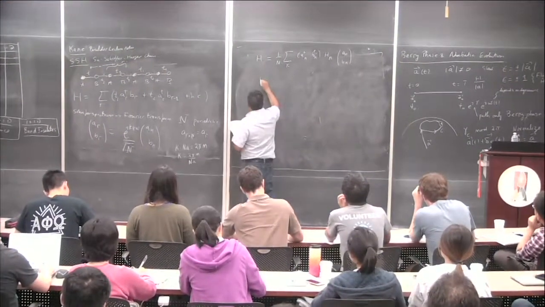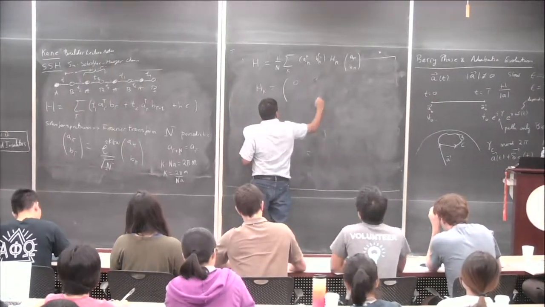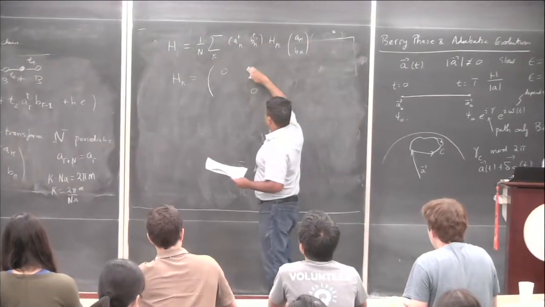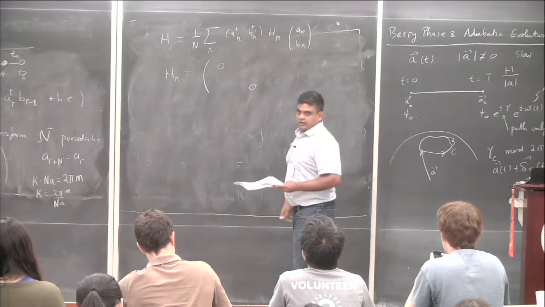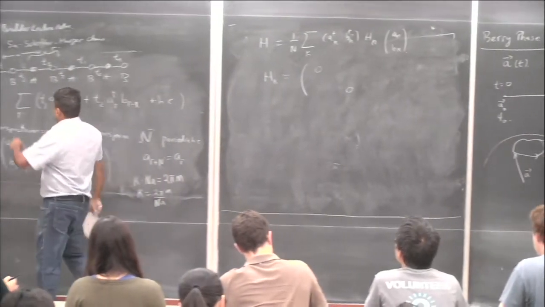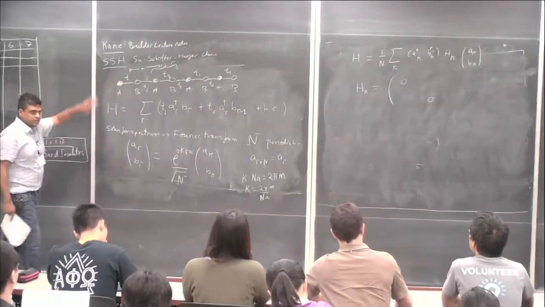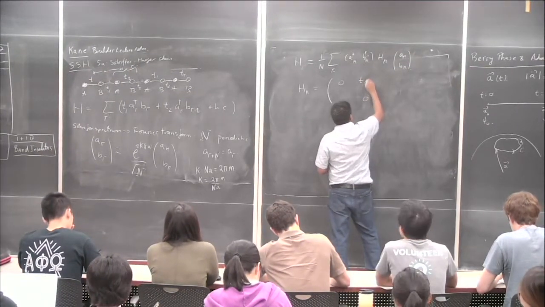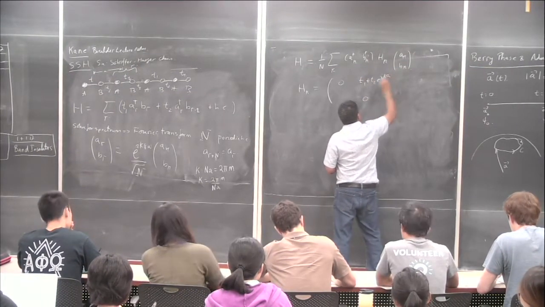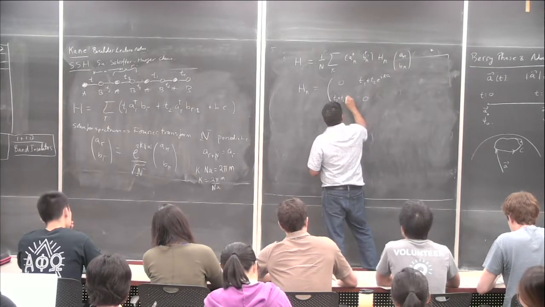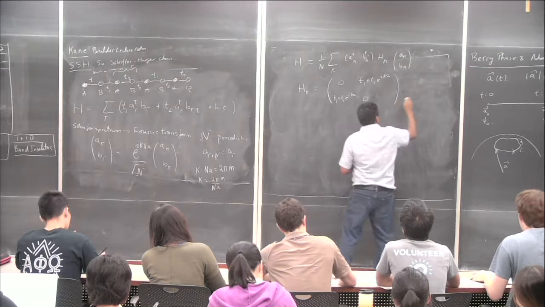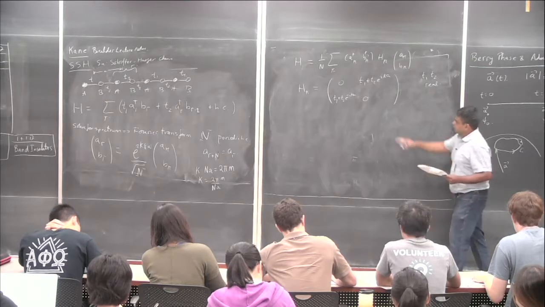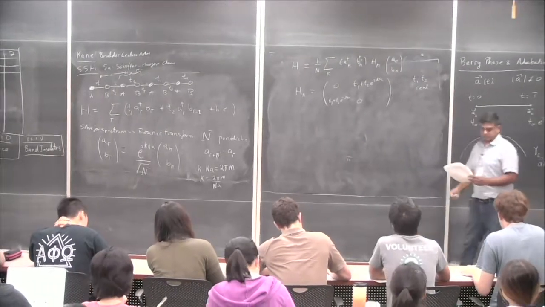And this H_k is just, okay, so of course the diagonal terms are 0 because it only couples the A and B sites. So the terms that are on the diagonal are the AA and the BB coupling. Later we're going to put in a chemical potential on each site, and that's going to give us a diagonal term. But right now there's no diagonal term, and we simply end up with this. I've taken t1 and t2 to be real here, just for simplicity. You can take them to be complex if you want. We'll just get the complex conjugates over here. Nothing changes actually.